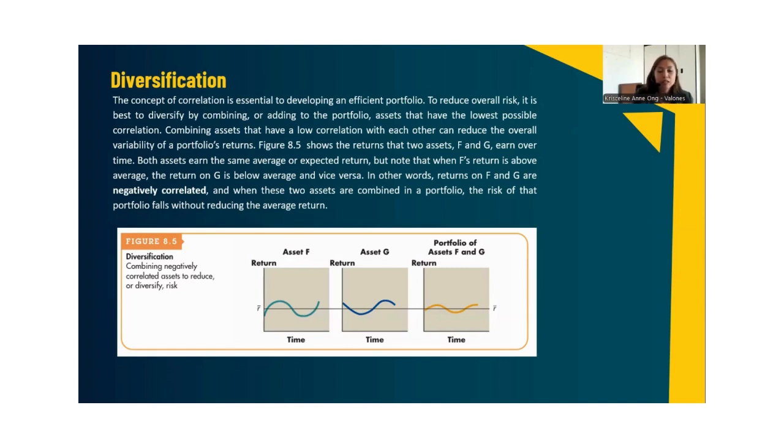It is important to combine two or more assets in a portfolio rather than buying only one single investment or asset. Because when you have a single asset investment and that investment goes down, you incur a total loss. But if you have a portfolio with different investments, then it will somehow manage the risks. Some investments will go up, some will go down, and some will go in a neutral way.